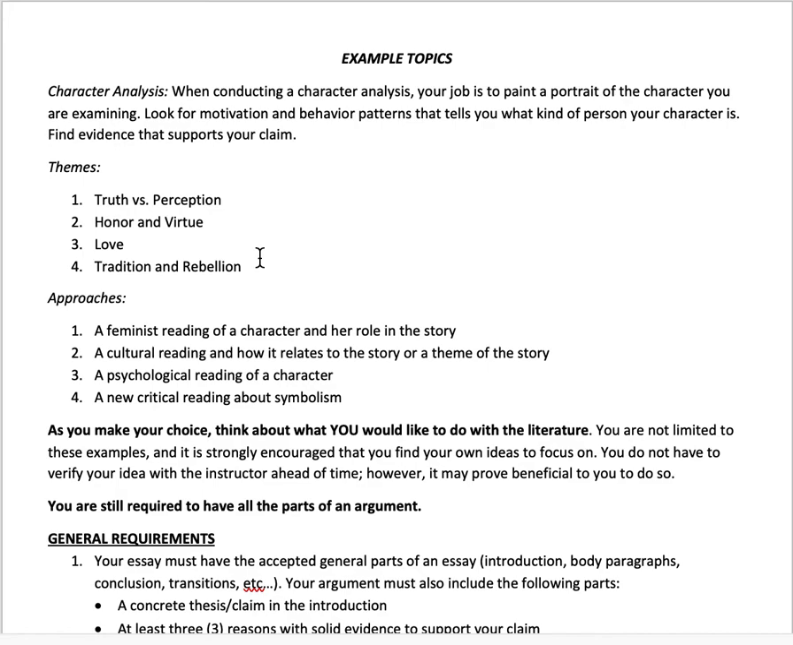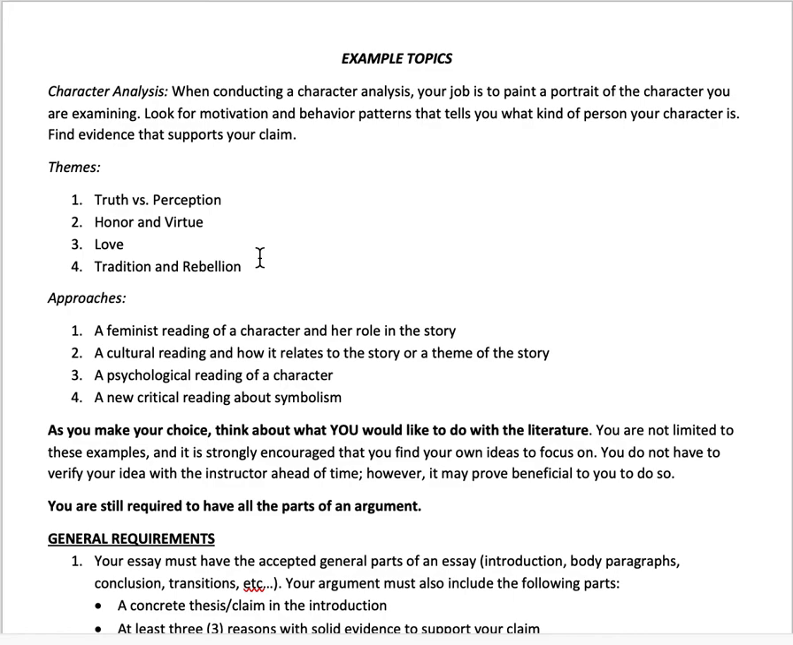The last way you could do this, of course, is an approach. So you could do a feminist, say, for example, a feminist reading of a certain character in the story and her role. You could do a cultural reading and how it relates to that story or the theme. So why is the Japanese samurai culture so important here? Or why are certain ideas of the Japanese culture really vital to the story? I could do a psychological reading of a character. So I've had people argue that certain characters have certain psychological conditions that are rooted in psychology. And they've pulled in quotes from the story that show that reading of that character